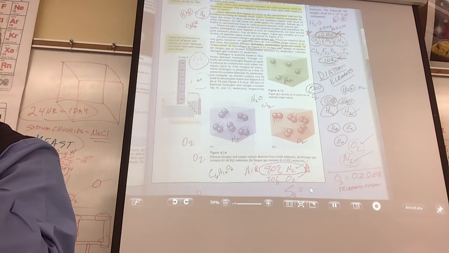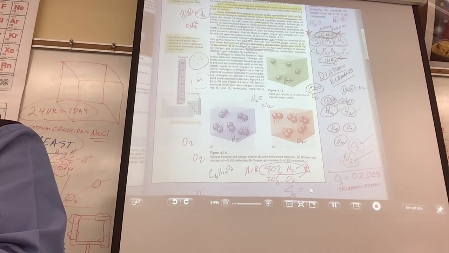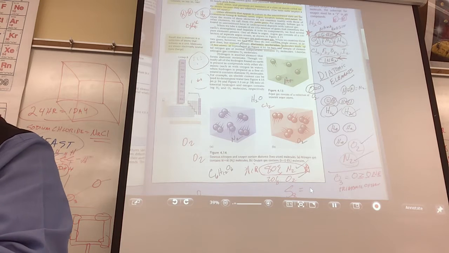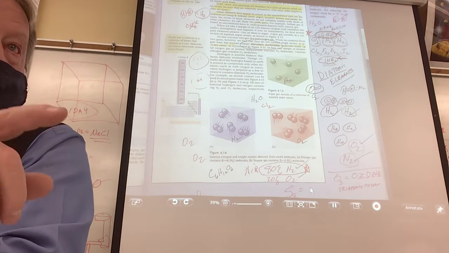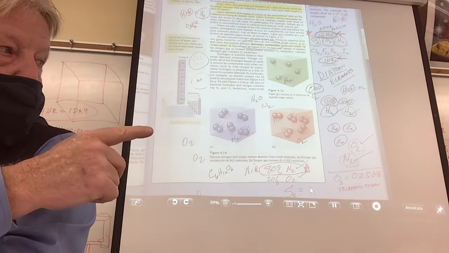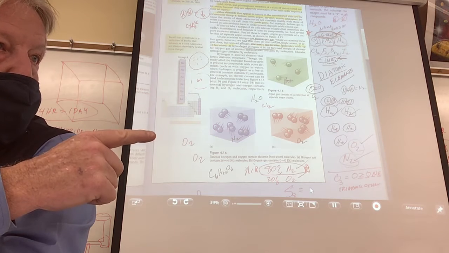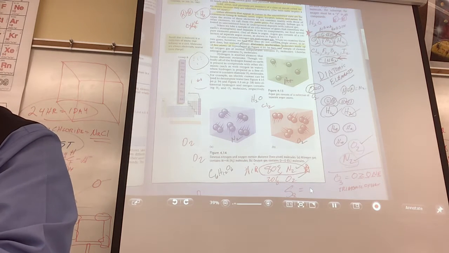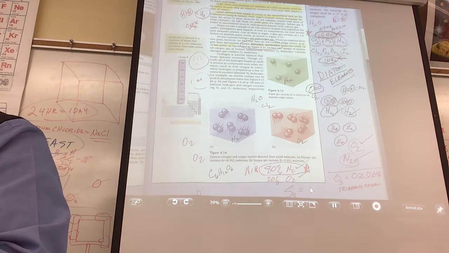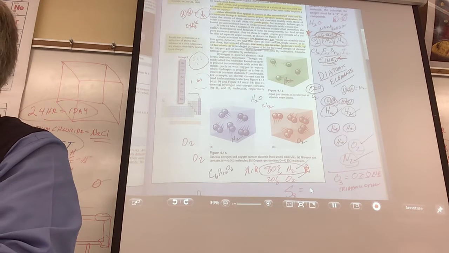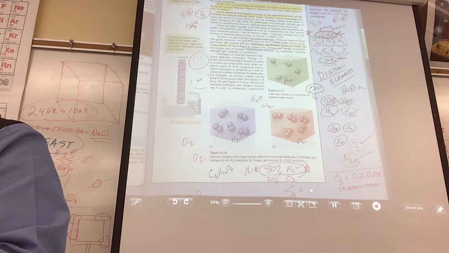Now, what are the diatomic elements then that we know of on this planet? I know you can't remember everything. Sorry, if you could close that door for me. And you can close that door too and unplug that wire so that, yeah, sorry. What are the ones, there's a memory device. What was it? Cardi, go ahead.